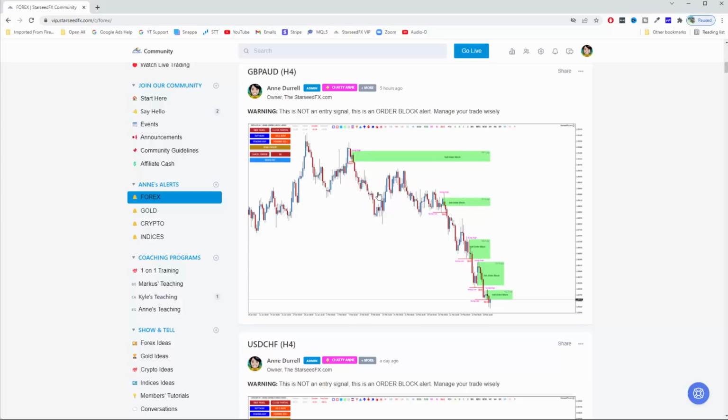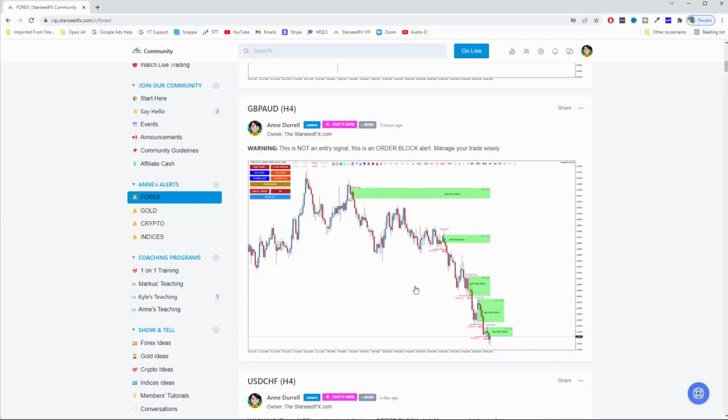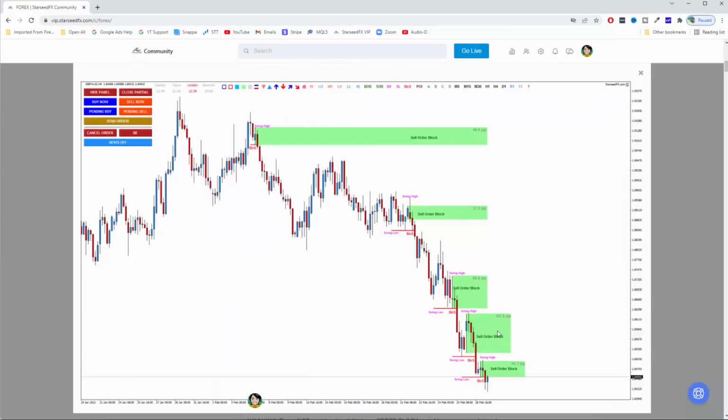I want to let you know that when it comes to majors, you can go to minutes chart, but when you see something like GBP AUD, it's better to trade it a minimum on M5 because the spread could be very high, you know. But again, it's really up to you if you know how to manage the stop loss and everything. The most important thing is that you always want to use the pattern that I'm sharing with you within this video, so you will know how to enter. Because if an order block, for example here from H4, doesn't work, you will not find the pattern that I'm showing you from M15, and so you will avoid unnecessary losses.